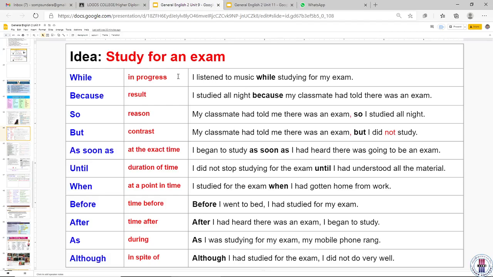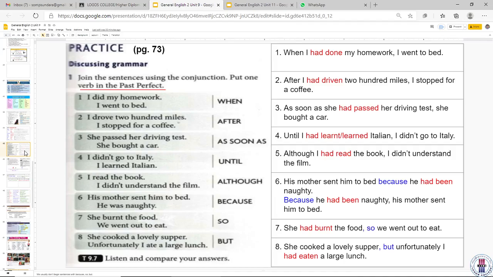And all these conjunctions in the color blue here are the ones that are discussed in your book, all right? And I tried to give a short definition, explanation of what they mean. And over here, I also gave you examples. So on page 73 in your book,